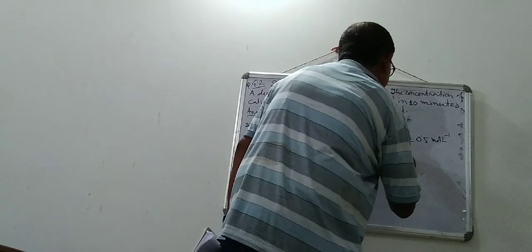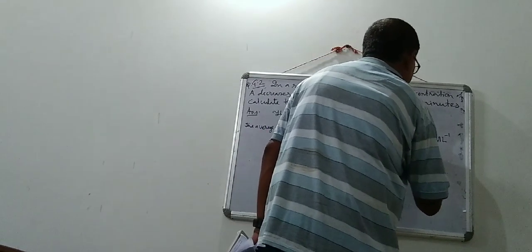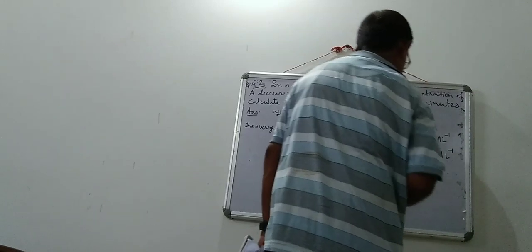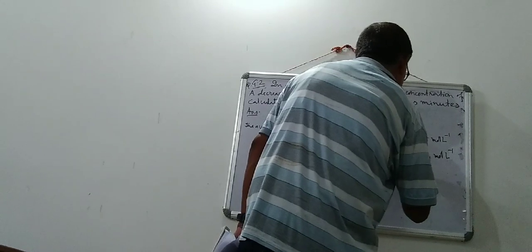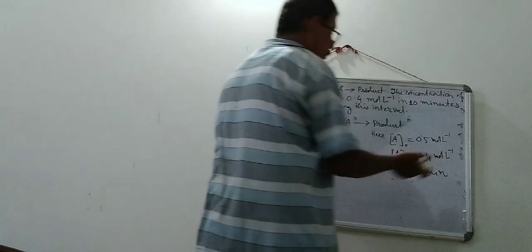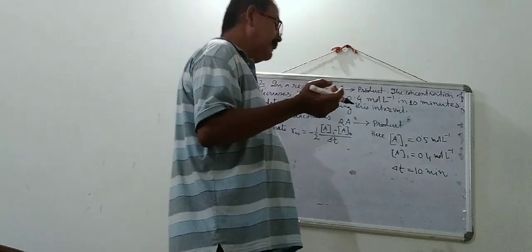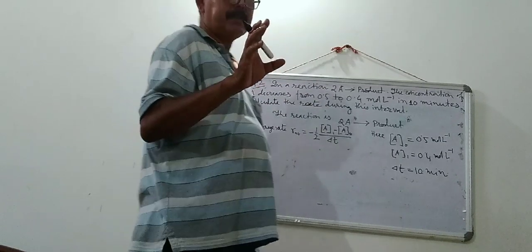A1 equal to 0.4 mole per liter, and T is given, del T equal to 10 minutes. You can solve in minutes, you can solve in seconds. But if you are asked to solve in seconds, then if there is no question about the unit of time,